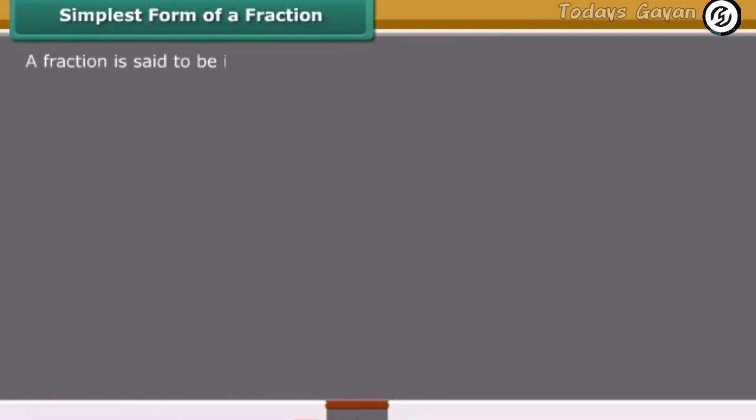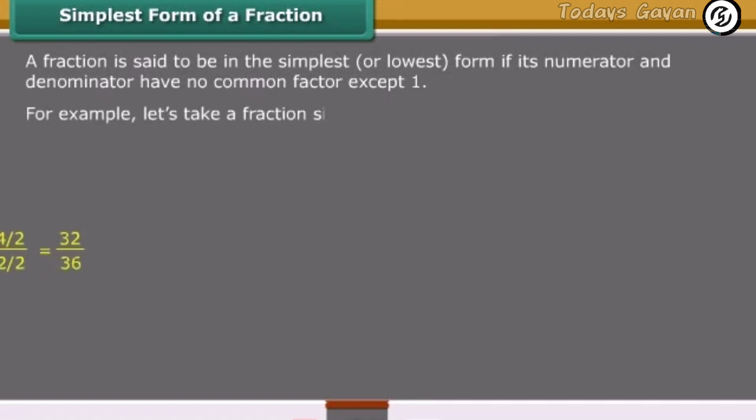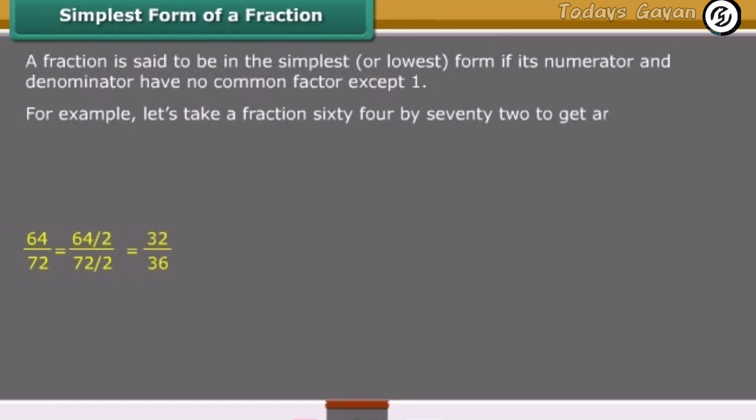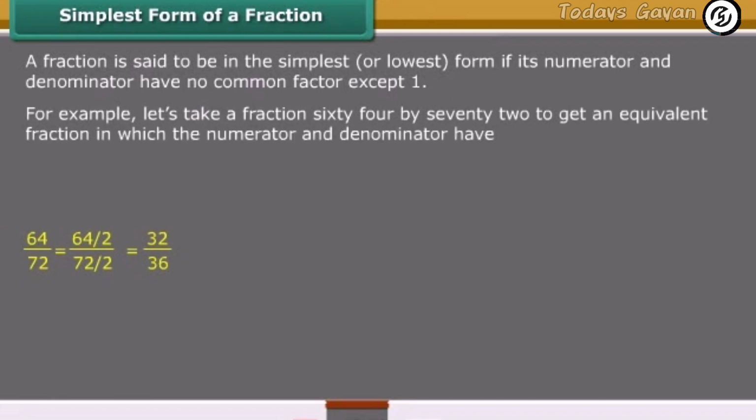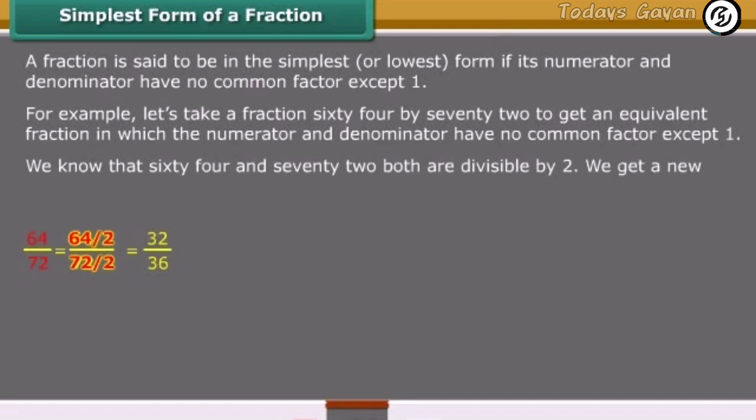A fraction is said to be in the simplest or lowest form if its numerator and denominator have no common factor except 1. For example, let us take a fraction 64/72 to get an equivalent fraction in which the numerator and denominator have no common factor except 1. We know that 64 and 72 both are divisible by 2. We get a new fraction